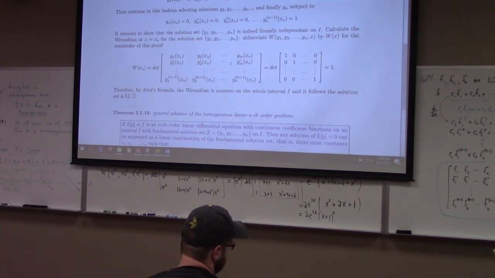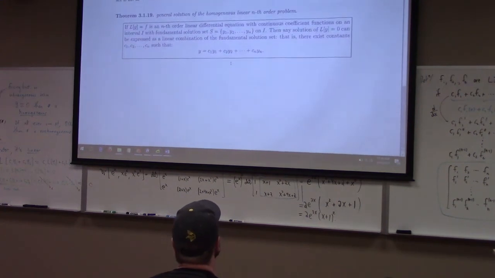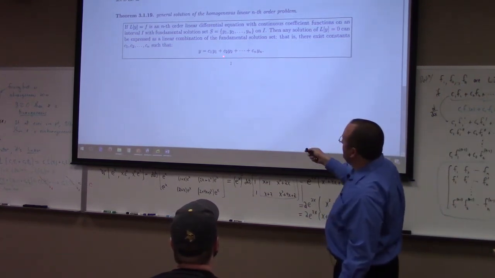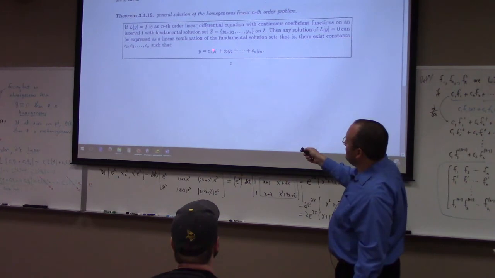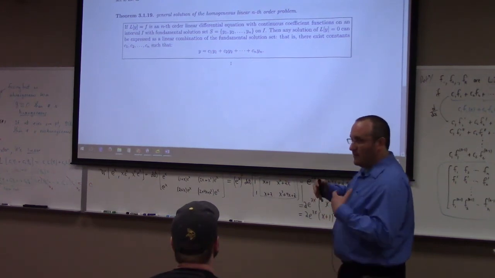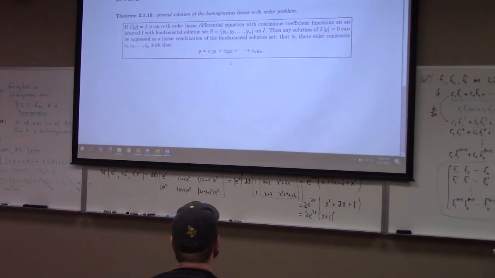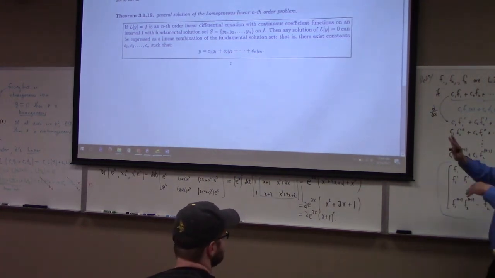How do we find this fundamental solution set? So the general solution, if we have a homogeneous problem, L of y equals 0, then the general solution looks like this, where y1 through yn are a fundamental solution set. They're a set of n linearly independent homogeneous solutions. That's it. So if you can find them, what this theorem says is that once we look at example 1,